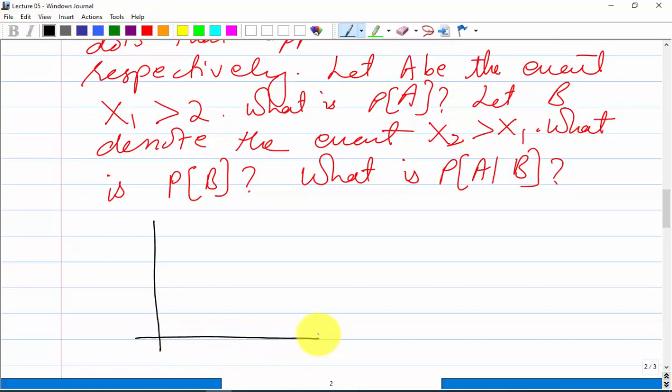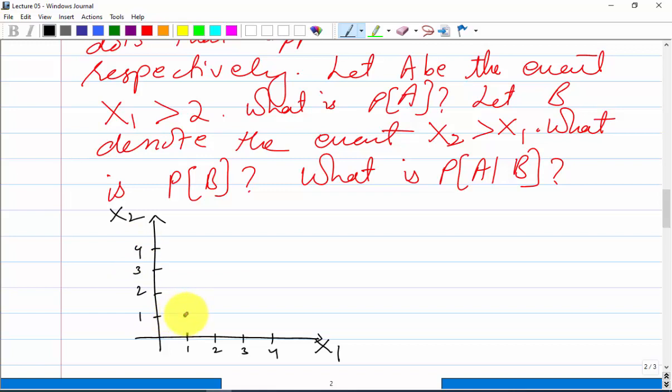That's easy because we have only two dice. This denotes the number of dots on the first die, and this denotes the number of dots on the second die. So it will be 1, 2, 3, 4 because it is a four-sided die. Whenever we throw a die,